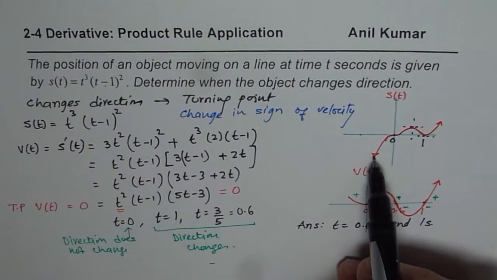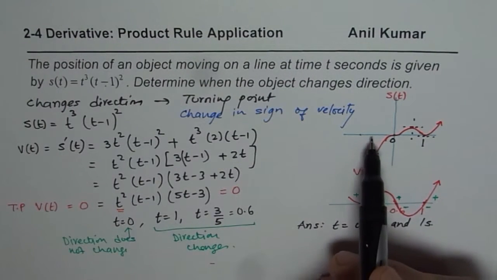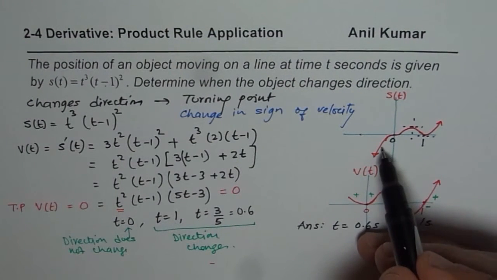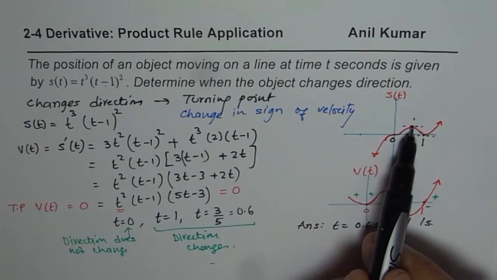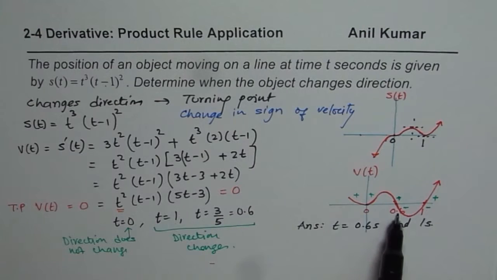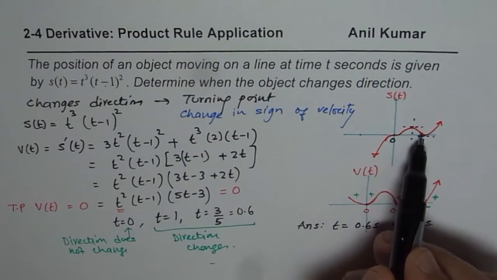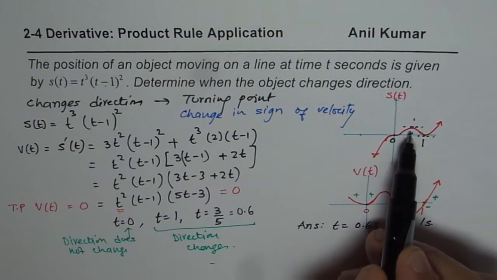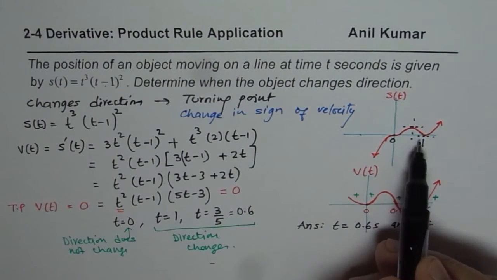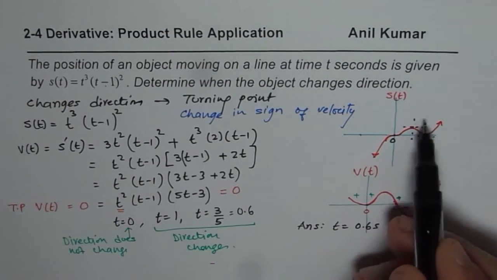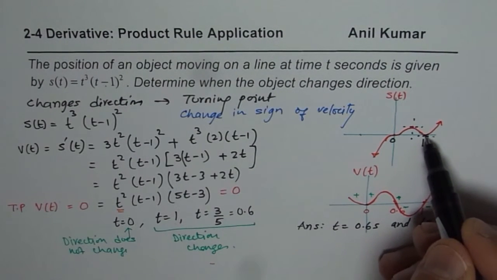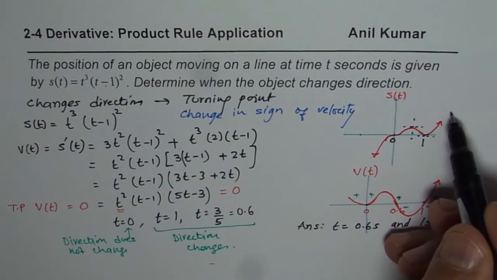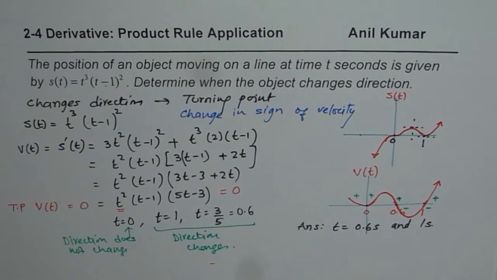In the displacement graph, the tangent is horizontal, however, the body keeps on moving in the forward direction. At this point, which corresponds to time equals 0.6 seconds, the body changes direction. The object moves backwards, right? Or towards the left side if we are saying right is positive. Do you get the point? So here it returns back to the starting point and then moves forward ahead, right? So that is the key issue to